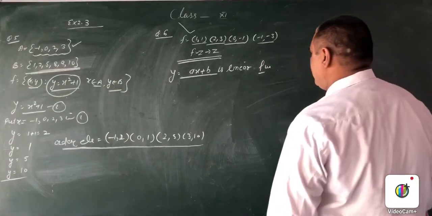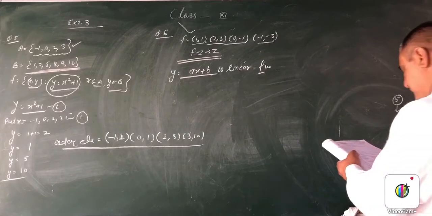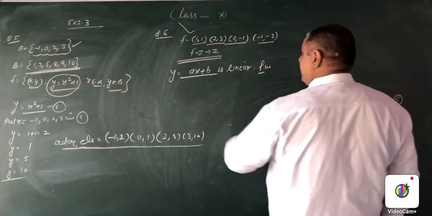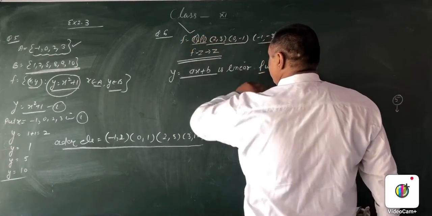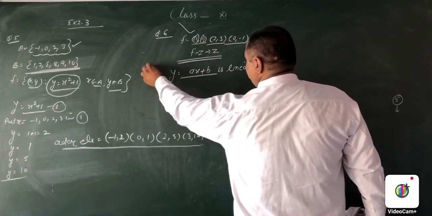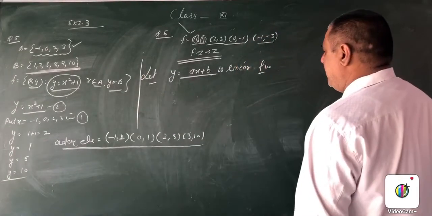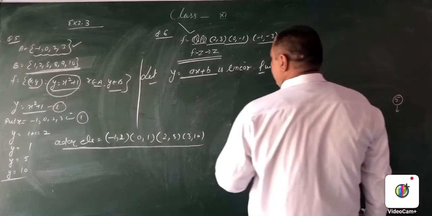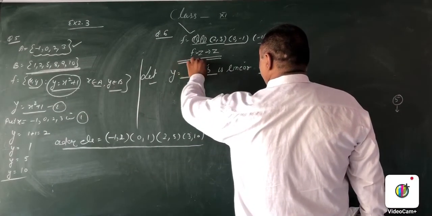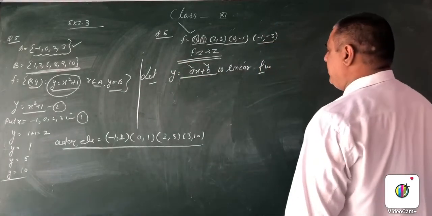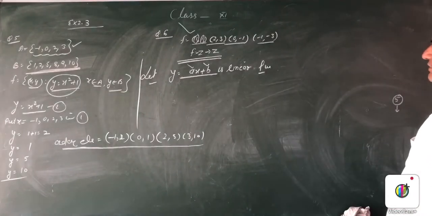हमने y = ax + b एक linear function लिया. इस linear function के अंदर it is given that this is the value of x, this is the value of y. Then we have to find its equation. हमने सपोज किया कि ये कोई एक लीनियर फंक्शन है. इस लीनियर फंक्शन के अंदर हम x और y की वैल्यू पुट करके a और b की वैल्यू निकालेंगे, और a और b की वैल्यू वापिस इसी फंक्शन के अंदर पुट करके हम लीनियर फंक्शन फाइंड आउट करेंगे.